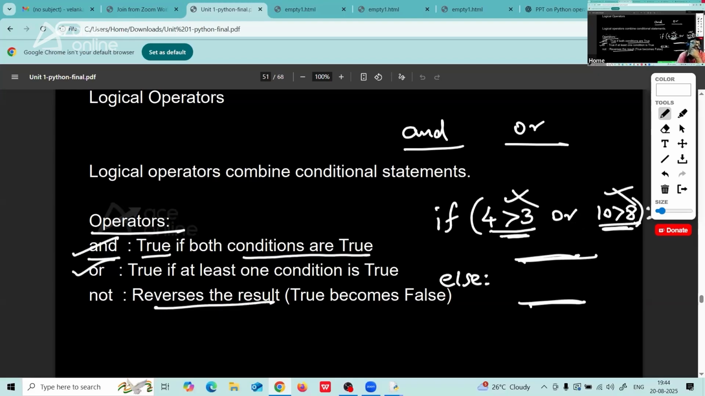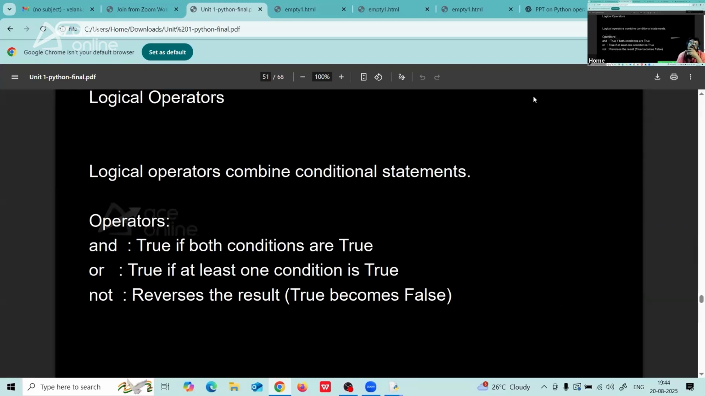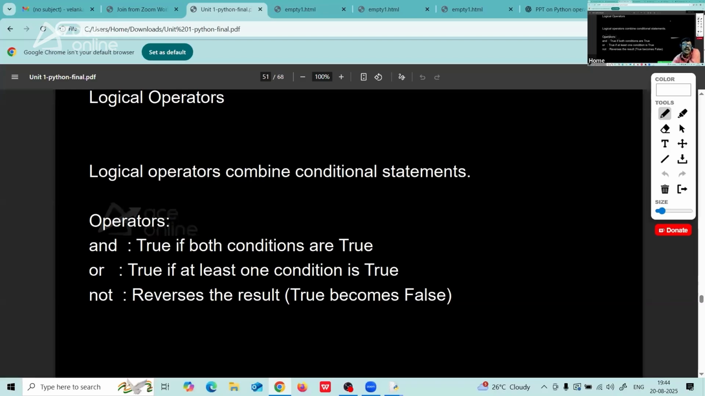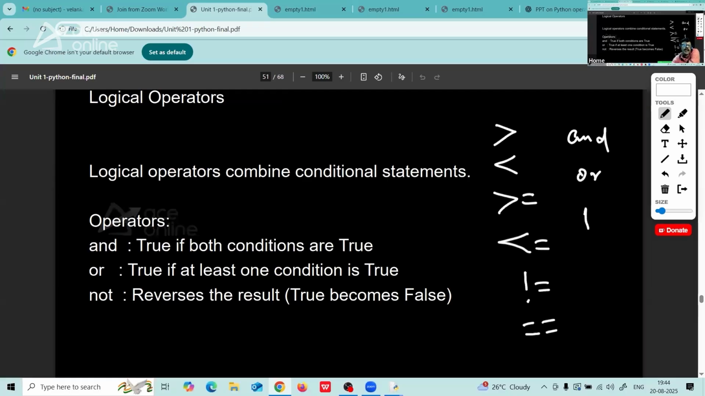Excuse me for that. But how many operators have we seen? Relational operators. How many relational operators? 6. Six relational operators: greater than, less than, greater than or equal to, less than or equal to, not equal to, and double equal to. These are relational operators. And logical operators: and, or, and not. Not is written like this in C language. But here we write